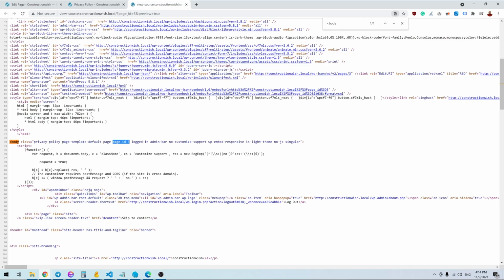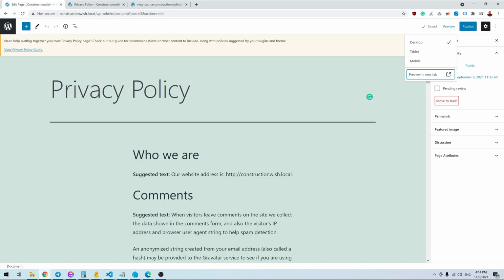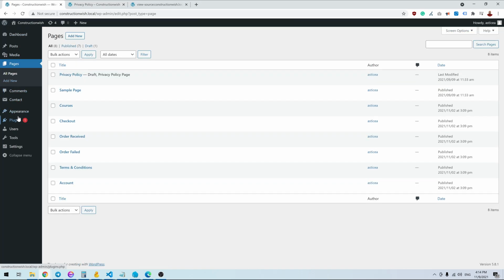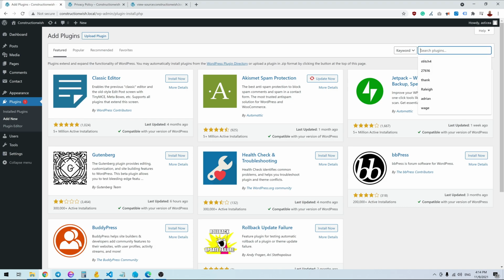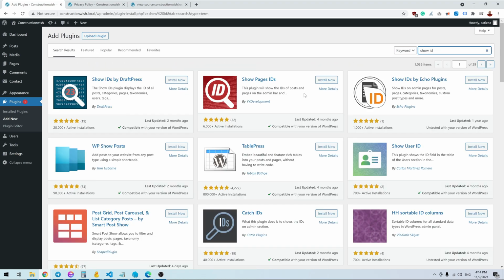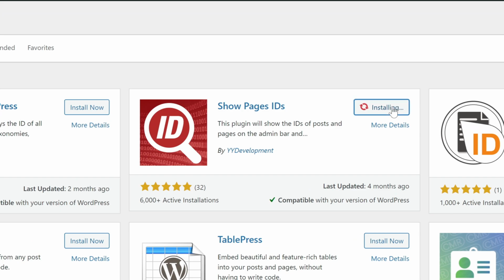Another way that you can find out an ID of a page or of a post is to install a plugin. And if you go inside of the plugins and add new and search for show ID, you'll see a lot of plugins that will do that. So for the sake of this tutorial, we'll install this one